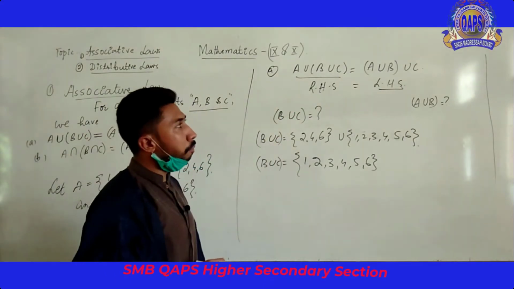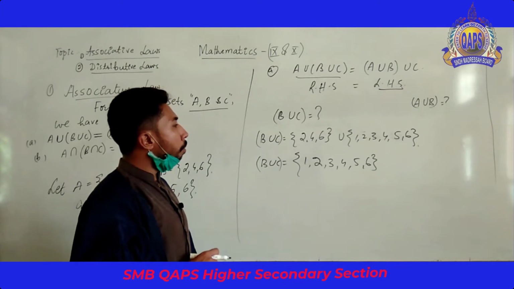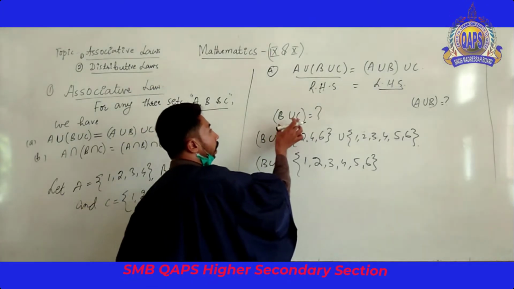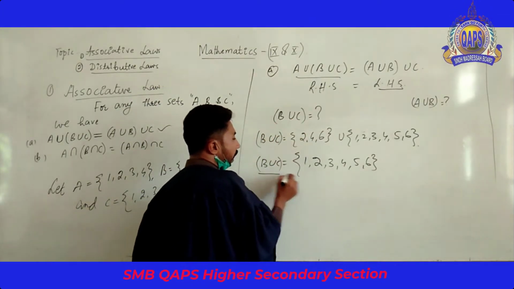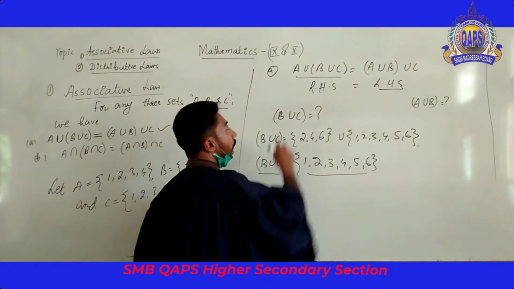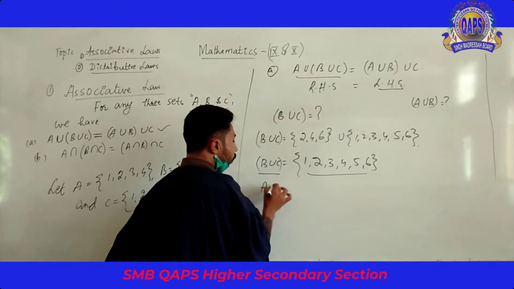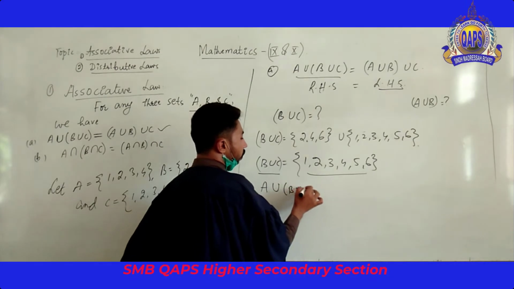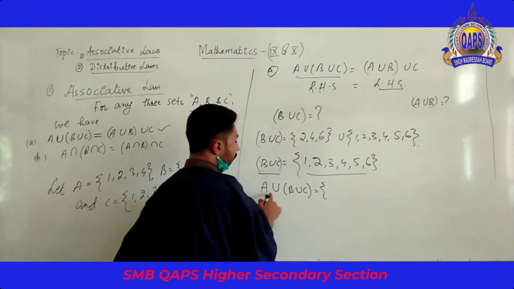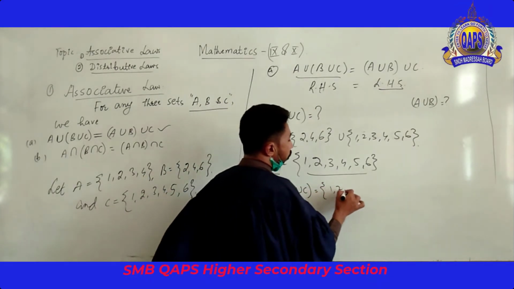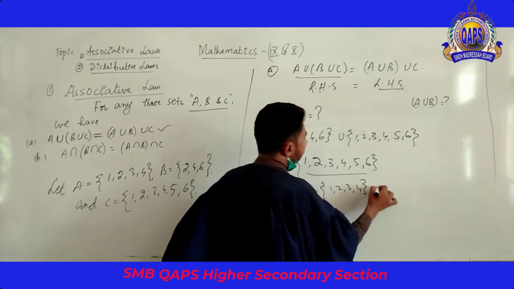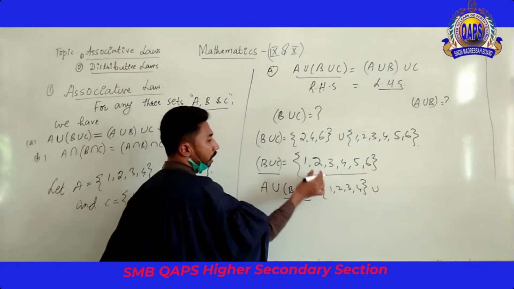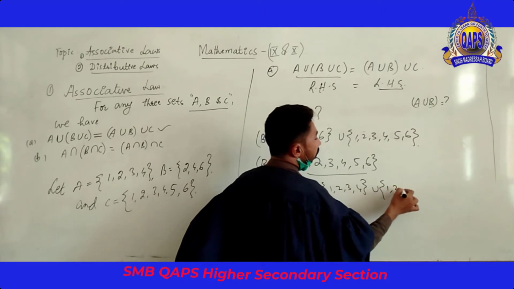This is the set of the bracket. So now this whole bracket contains this set, and now we prove A union (B union C). A contains elements 1 to 4, and then union, the bracket contains elements 1 to 6.